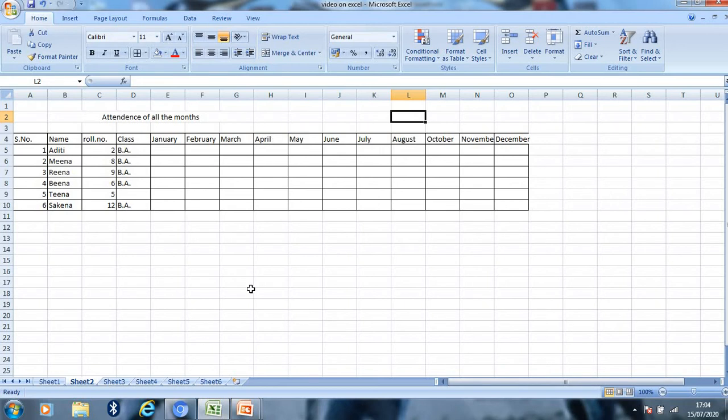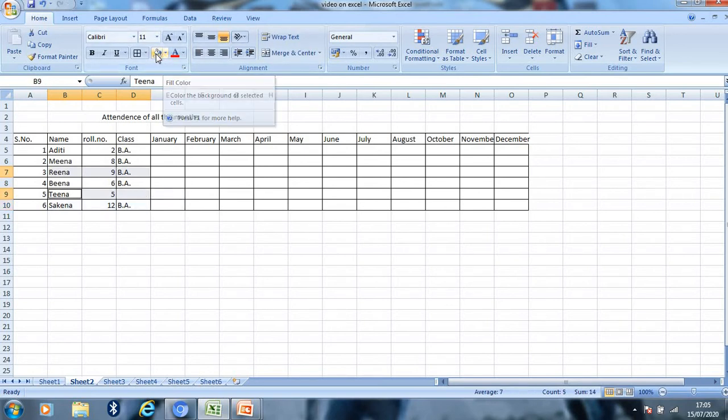Now how to highlight a particular cell or multiple cells? To highlight the particular cell or multiple cells, we have to select those cells. For example, I have selected these cells and I want these cells to get highlighted.